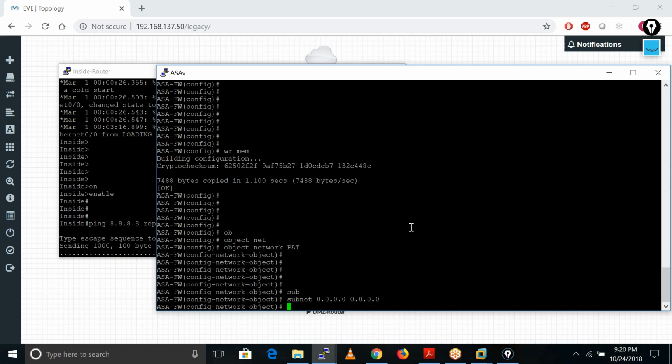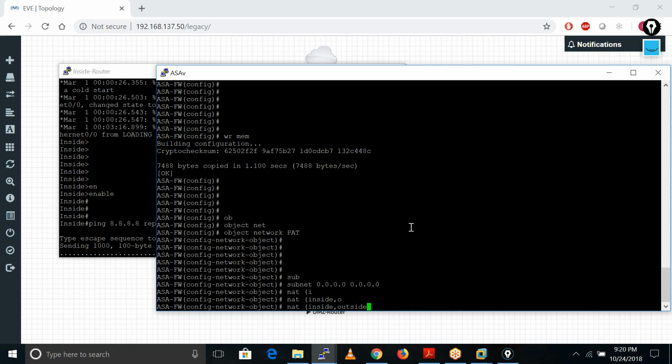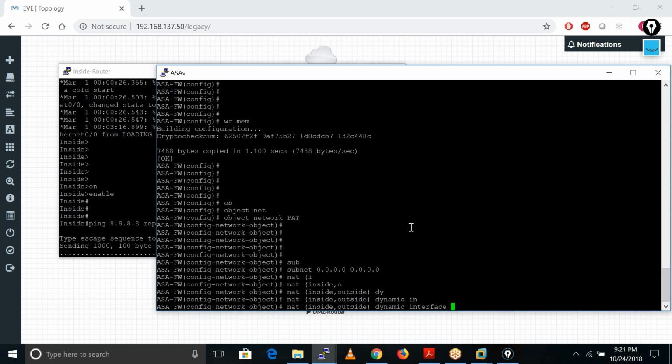After that we just use nat (inside,outside). Here we use the dynamic interface. Interface means now I configure the translation on my interface IP address.